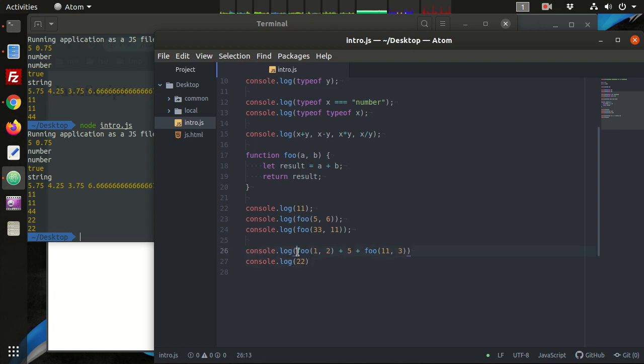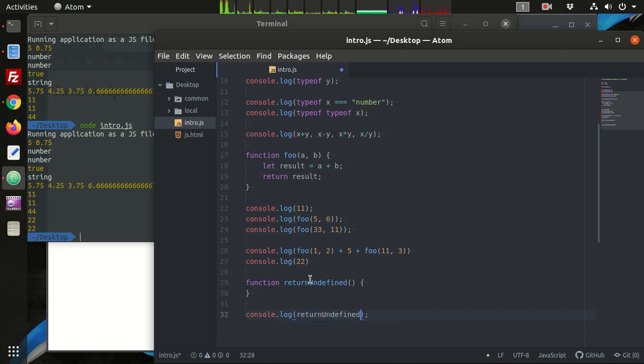Okay, so it's important to note that expressions always evaluate to a single value. All right, and functions always evaluate to their return values. If they don't have a return value, they evaluate to undefined. And we can show that real quick. Function returnUndefined. That's the name of my function, and I'm just gonna return. All right, or if I don't return anything, that's an empty function. That's allowed as well, and I can say console.log